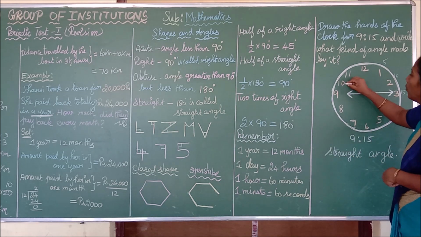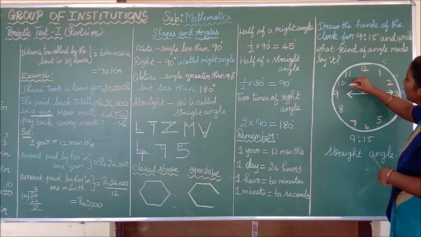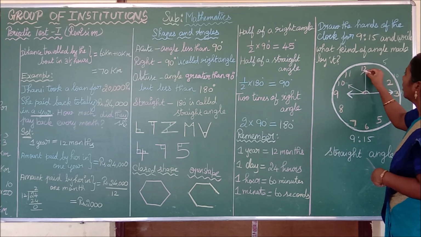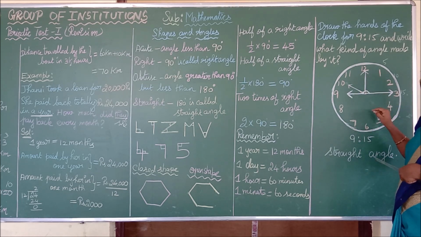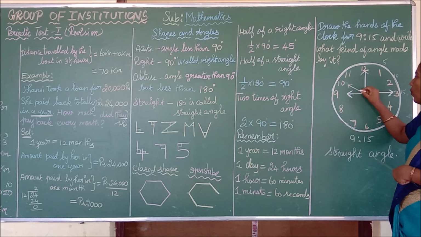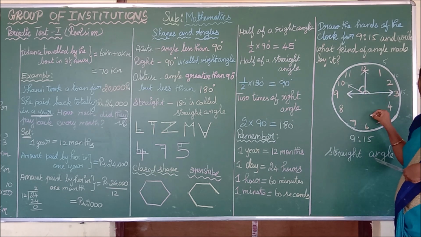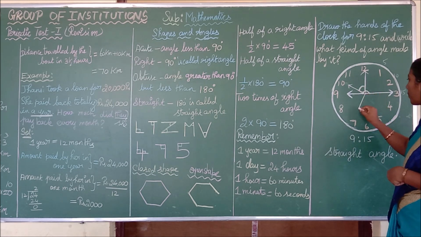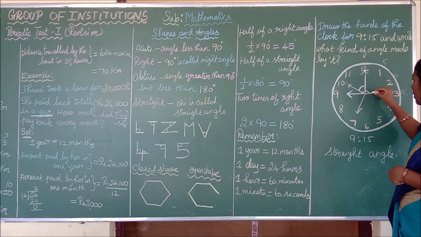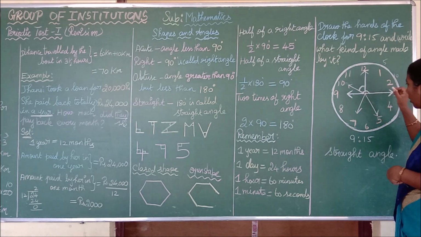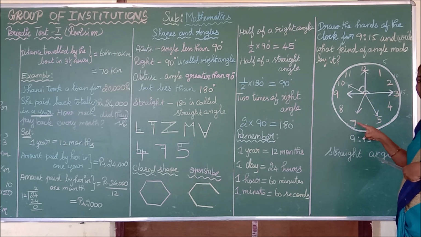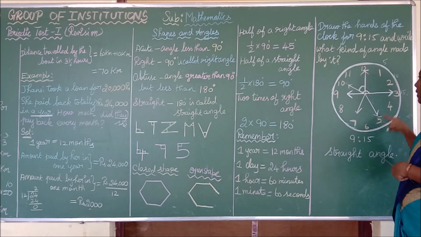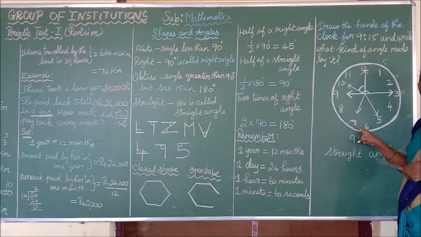See here. Now I am drawing the hands like this. What is the time now? This is the hour hand. This is the minute hand. What is the time now? 10 o'clock. And what type of angle is this? This is acute angle. See here. This is our hour hand and this is the minute hand. What is the time now? The hour hand is pointing 7, so 7 hour. And the minute hand is pointing 5. 5, 10, 15, 20, 25. So the time is 7:15.